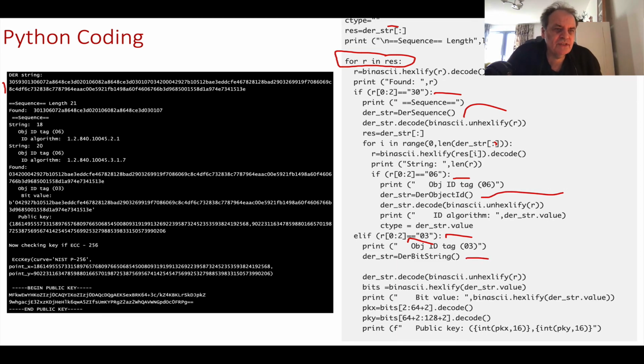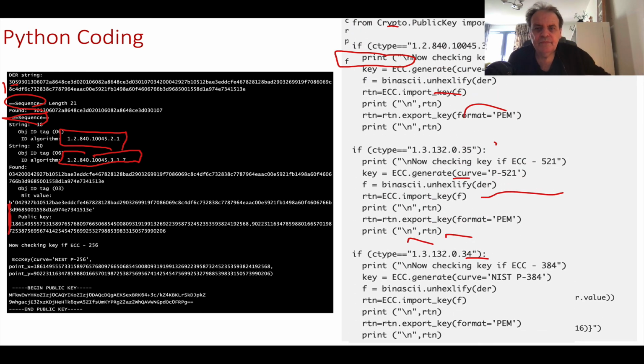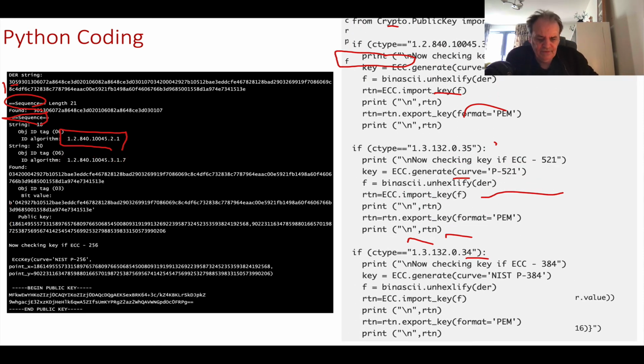Okay, so this shows an example here of our stream. We hit a sequence initially, as we saw before. We hit another sequence from there, and then we can pick off, in this case there's the object identifiers in there, and then it eventually finds our public key in there. And then we can take it even further.